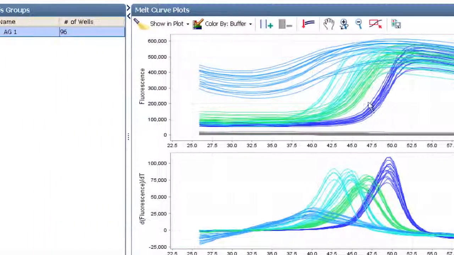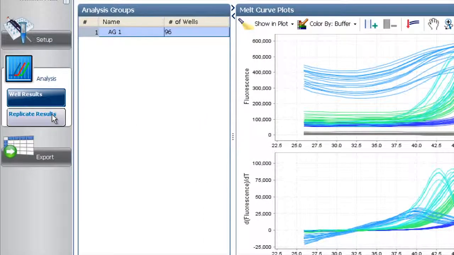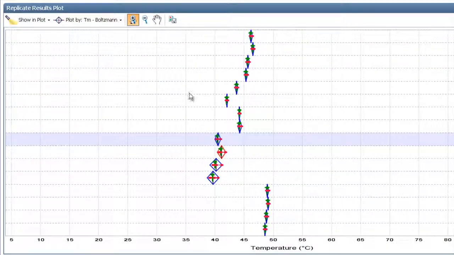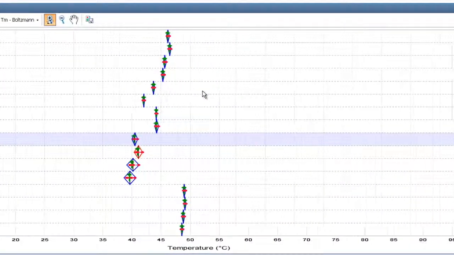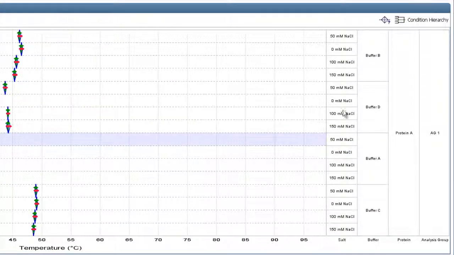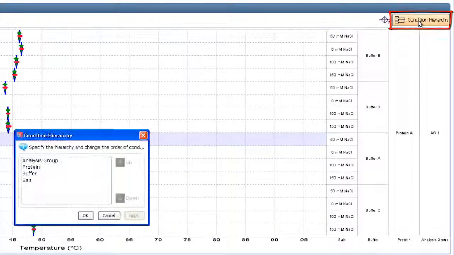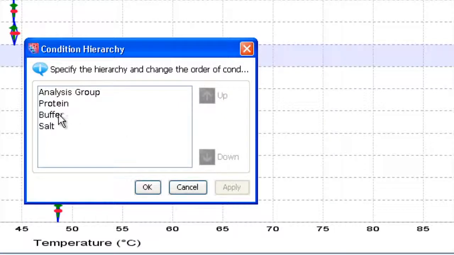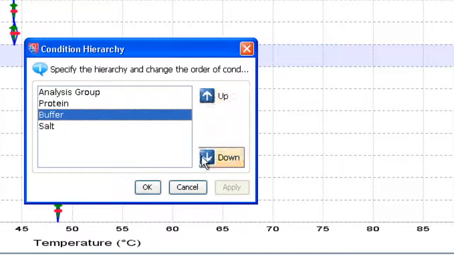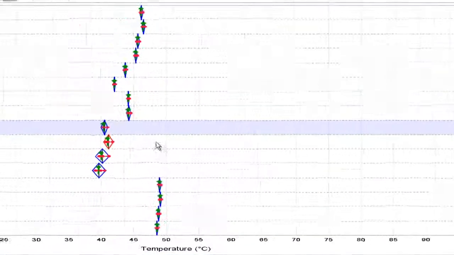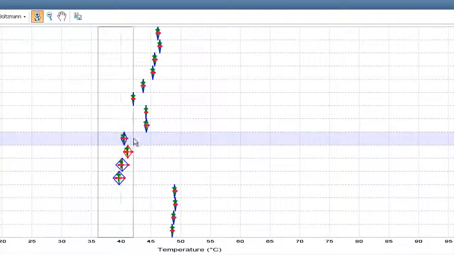Let's have a look at replicate results under the Setup menu. Here, all four of our identical replicates are lumped together in a highly graphical format. The data are presented hierarchically, as shown here on the right. Now we can change the ordering of that hierarchy by clicking the Condition Hierarchy button and rearranging the order of the various parameters. I'm going to draw a box around the region containing these geometrical figures to get a closer